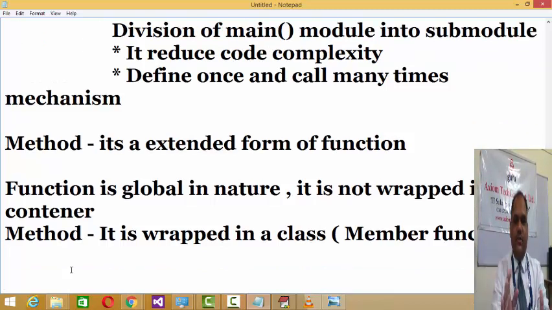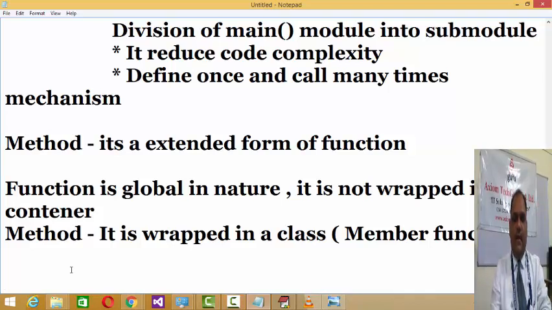Now you understand the difference between function and method. A function is a process defined outside the main process. It has a single functionality like a method, but the only difference is that a function is global in nature and a method is wrapped in a class.